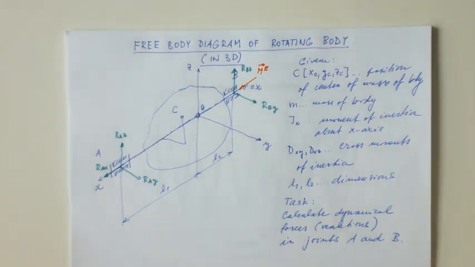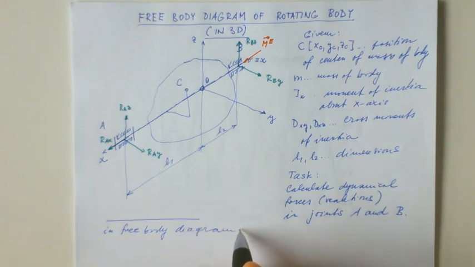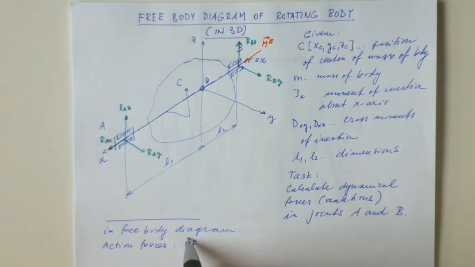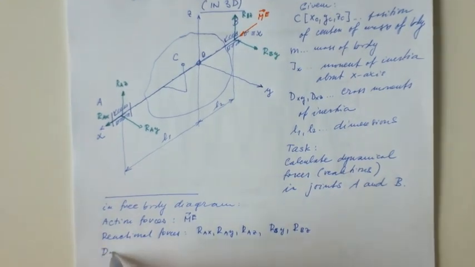In a free body diagram, we draw action forces, so it's the external moment, reactional forces RAX, RAY, RAZ, RBY, RBZ, and dynamical forces